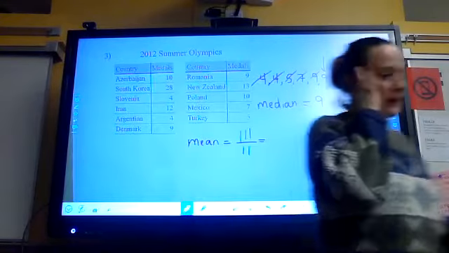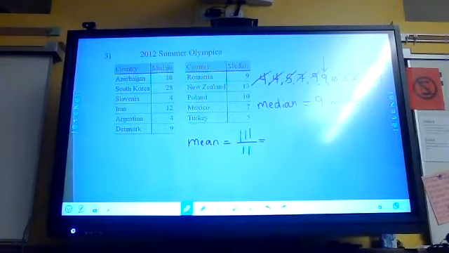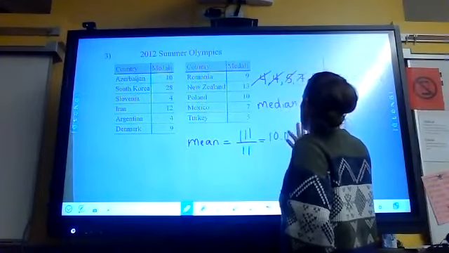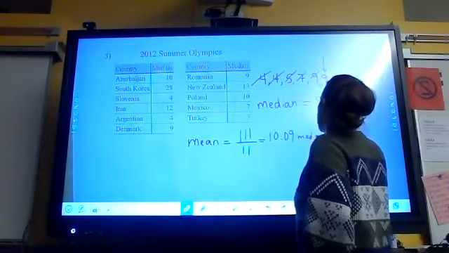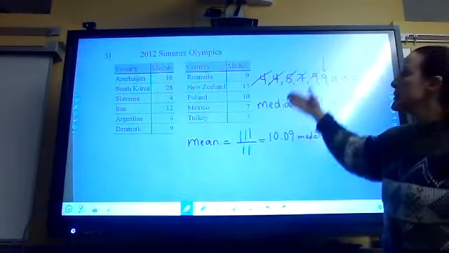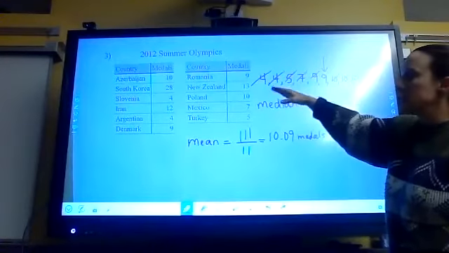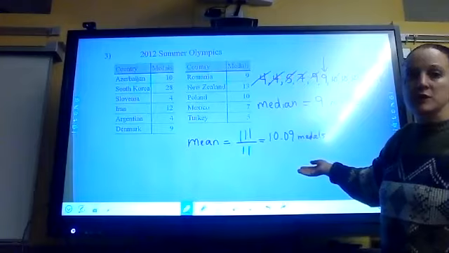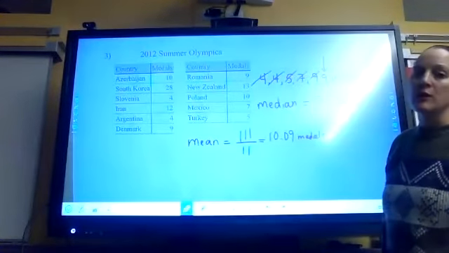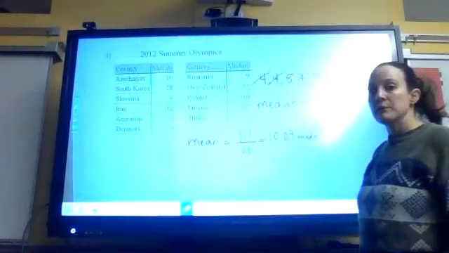What do we get here? 111 divided by 11, you get about 10.09 medals, which is just about 10 medals. So what this means is on average, of these 11 countries, if you were in the 2012 Summer Olympics, each of these countries would earn 10 medals,